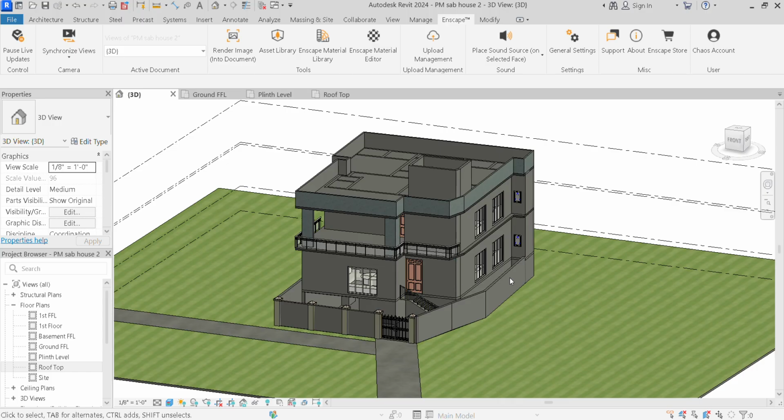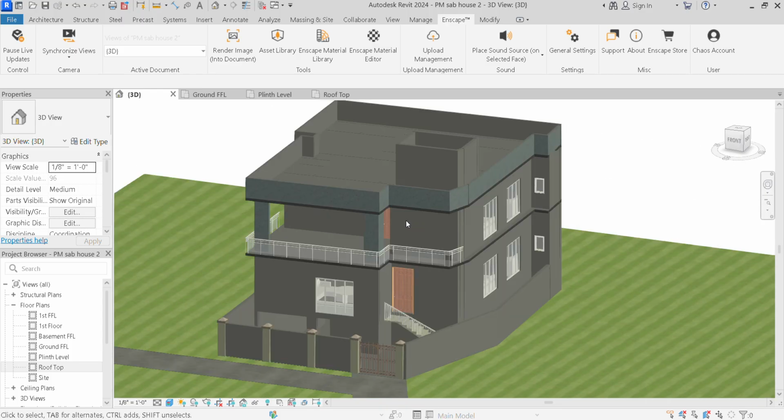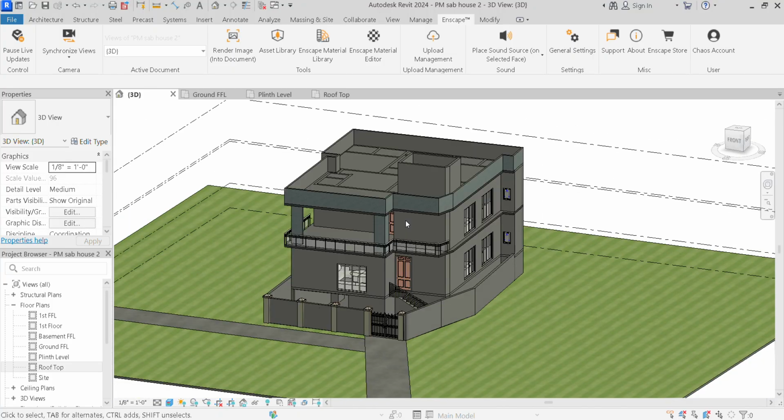In today's video, I'm going to show you something truly amazing: how to render your Revit project using AI with just a single prompt. Yes, you heard that right. No heavy rendering software, no complex lighting setups, just one image and one powerful AI prompt. With this simple technique, you can transform your Revit designs into super realistic cinematic renders that will absolutely impress your